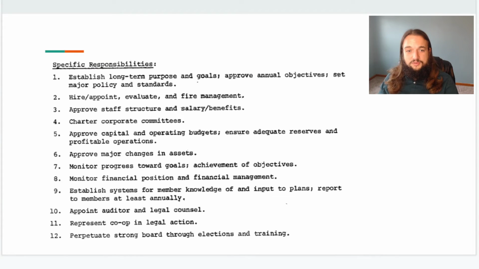These specific responsibilities include establishing long-term purpose and goals, approving annual objectives, setting major policies and standards, hiring, appointing, evaluating, and firing management, approving staff structure and salary benefits, chartering corporate committees, which in a sociocratic model like GRAC's, means making sure that circle leads are in power,